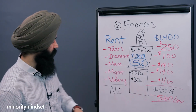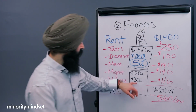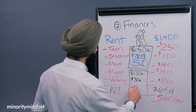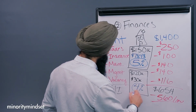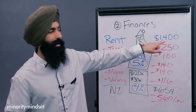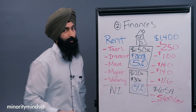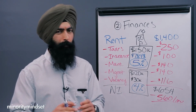I think it's about $94 a month in profit, and this will bring your total return down on your $30,000 cash investment to right around 4%. So not the best return, but again, we're being pretty conservative here. You should be able to get a little bit better rent here. You shouldn't be paying this much of maintenance. So you can probably bump these numbers up in reality a couple percent, but I'm just trying to show you